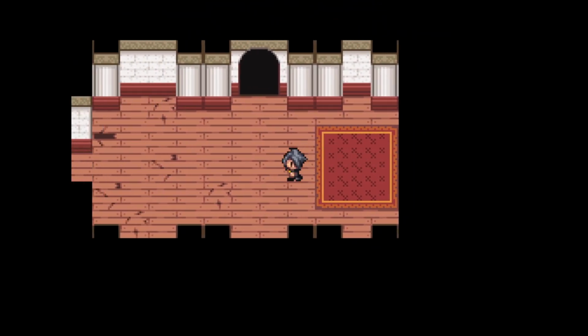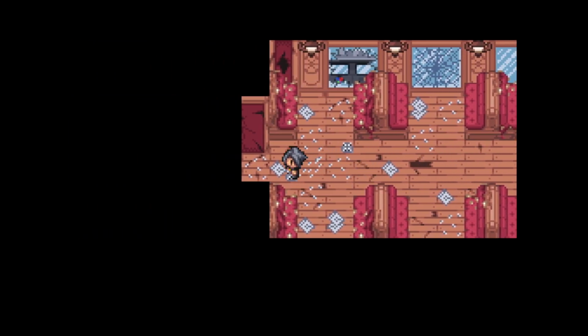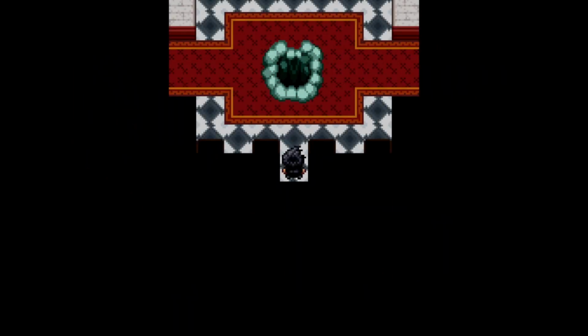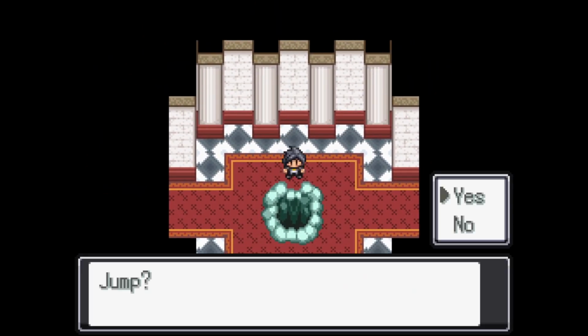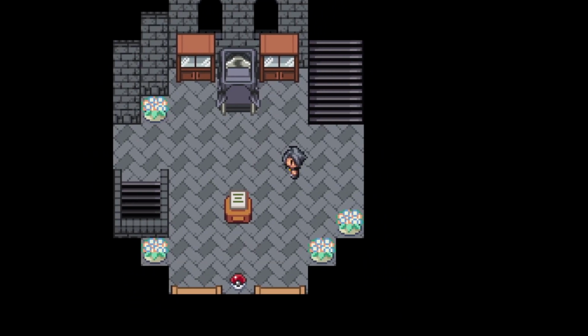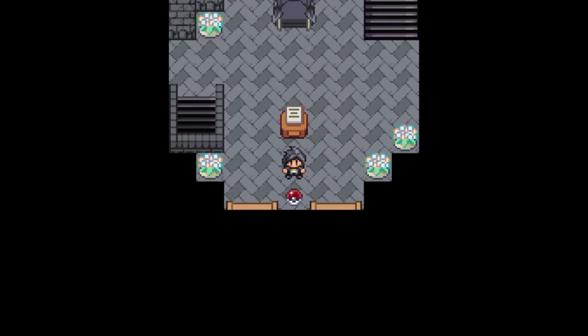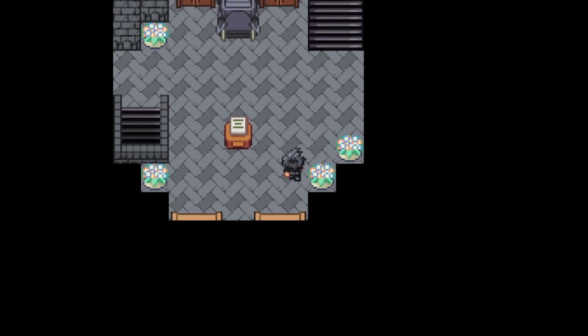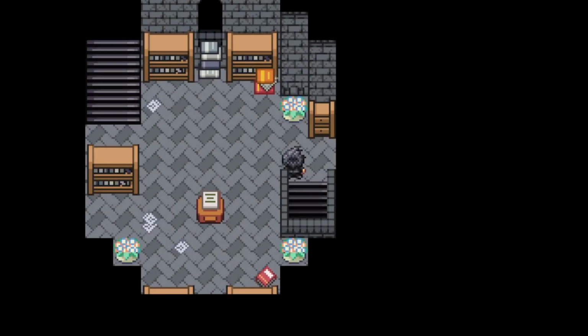Wait. Oh, I could have just gone back through here. I am very smart. Alright, you still... Oh, yes. This is the one new thing I was talking about. Along your way back to the gym, you can find a rare candy right here. So, you still have to do this...